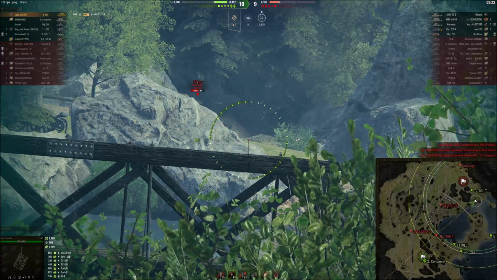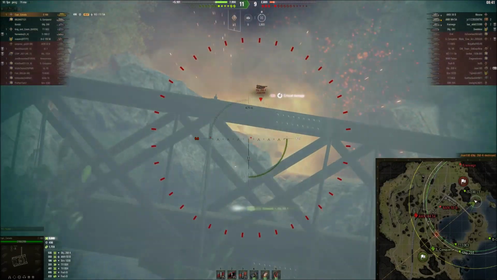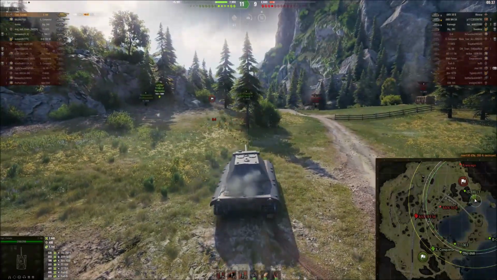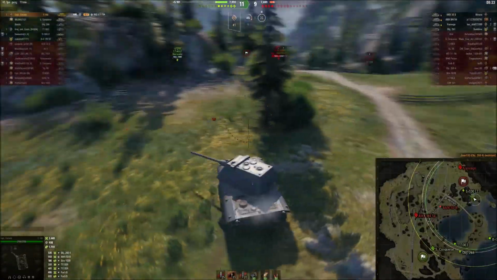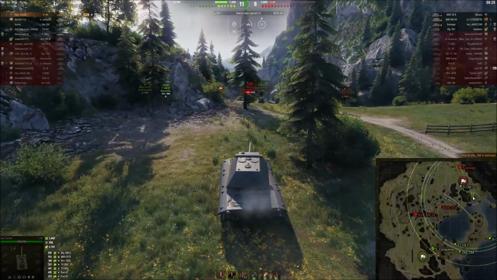And this guy just would not back out in front of my shot. So I would turn, and then he would back out, and then I'd finally be able to wax him in the end there. So yeah, there's so much that's changed, and now I guess they actually have tier 9 premium tanks,